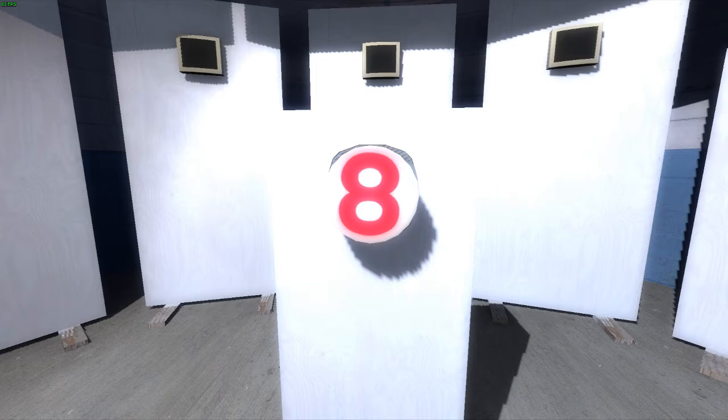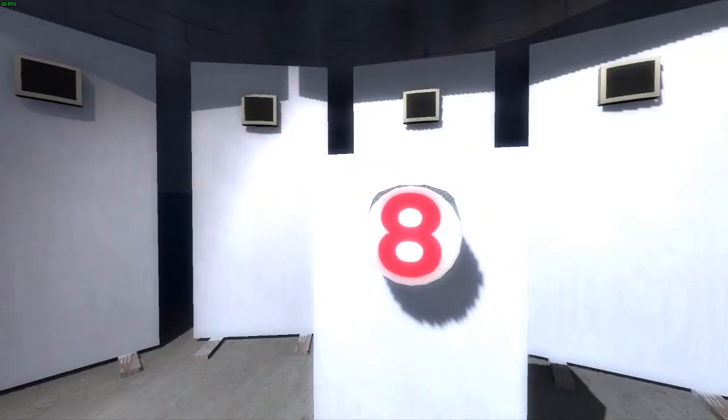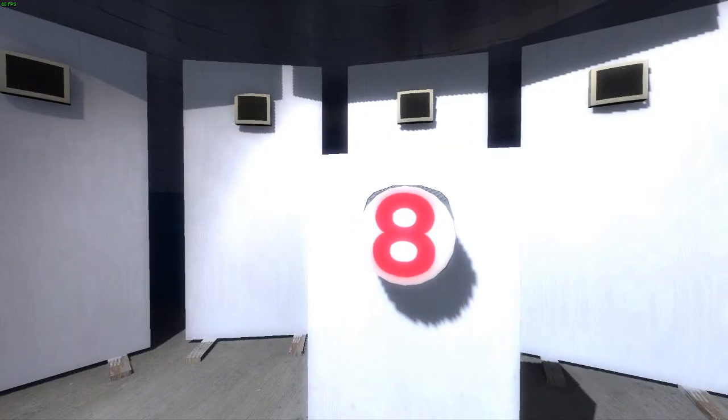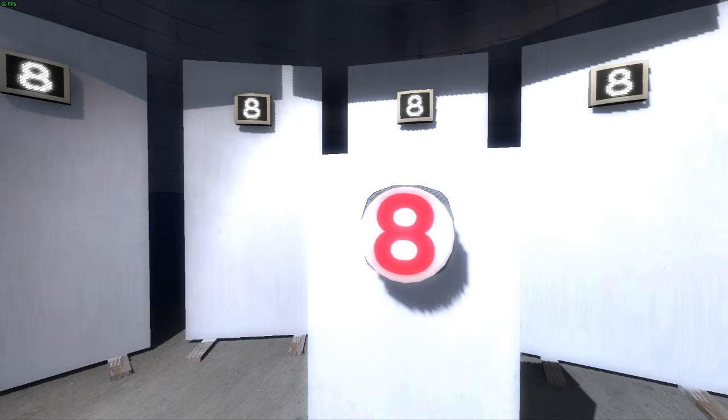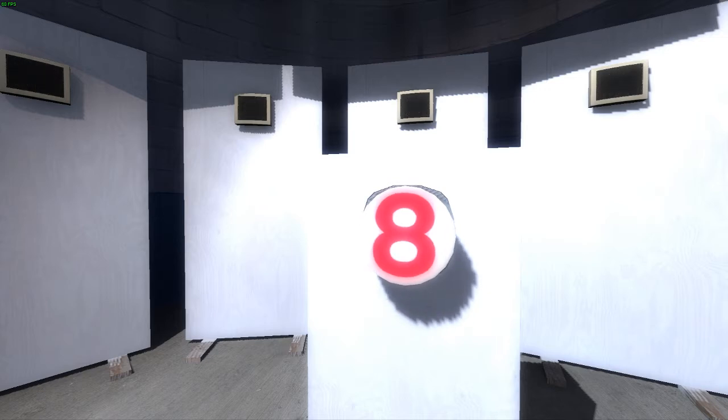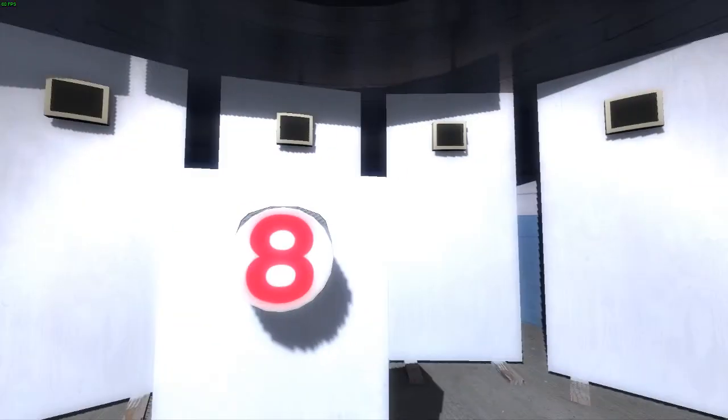8. Wait. This is all wrong. This isn't the Stanley Parable. This is a game where you press a button and it says 8. Not only is the Stanley Parable not a game about continuously pressing the number 8, I can guarantee that this button does not appear anywhere in the main game. Why is it here instead of the demo for the Stanley Parable?